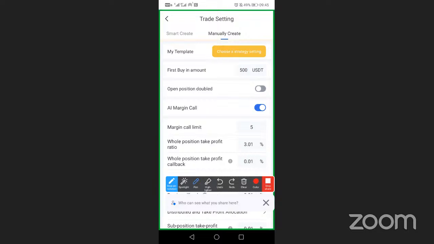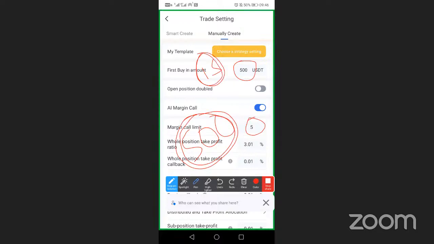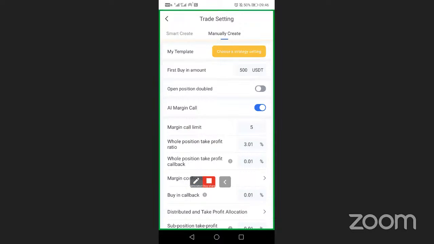Now, the robot buys first time with 500. Then you add it to 15. So the remaining 500 that is remaining behind, we're going to use this for the robot to buy using $15 for our 5 margin calls. So let's go and allocate this 500 using $15 for the 5 margin calls.